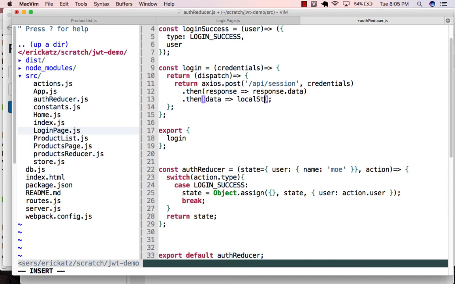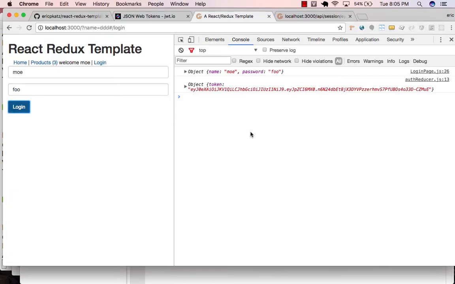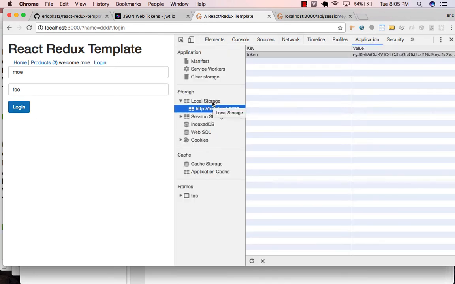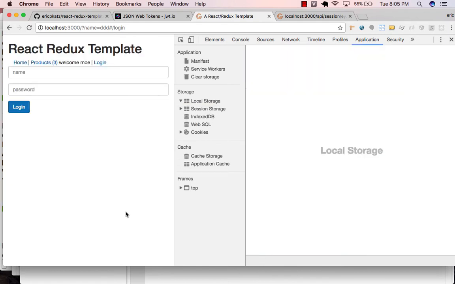we're going to say local storage set item token, and this is going to be data.token. So local storage allows us to set data locally for this website. Let's actually just test it out and see if it's going to work. Here's our application. I've got this here ready because I was messing with this before. But let me get rid of that. And I'm going to say mo foo. And if I go back here and I look at local storage,